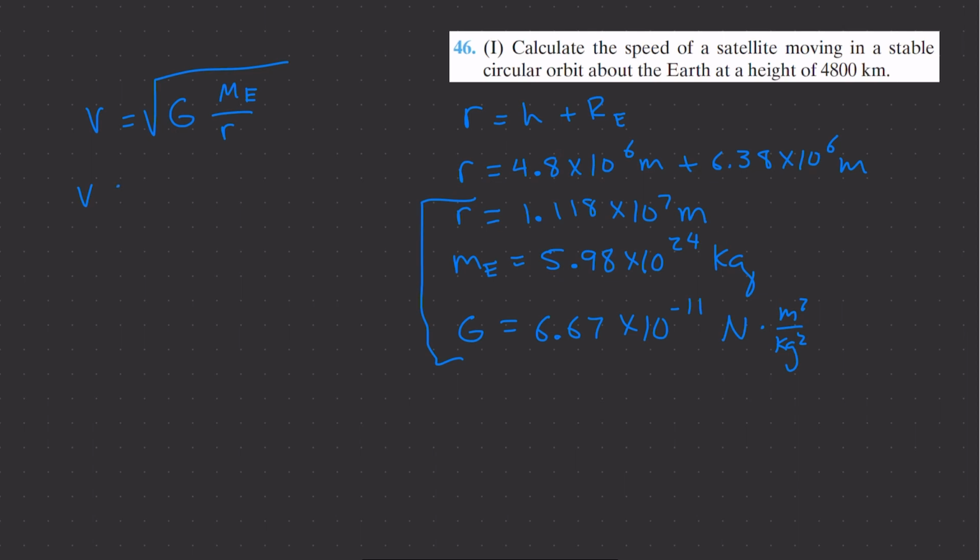So V is then equal to 6.67 times 10 to the negative 11 times 5.98 times 10 to the 24th over 1.118 times 10 to the 7. If we take the square root of all of this, that should give us our velocity. And if we go ahead and pop all of that into your calculator, then you should get a velocity of